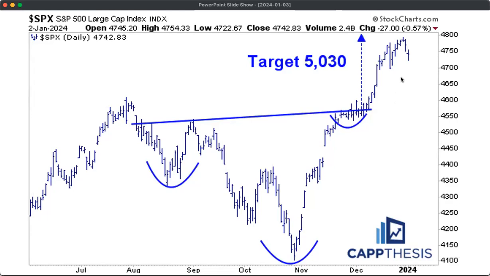Now, could that get violated pretty easily? Yes, we've seen big down moves occur very frequently, and that could easily be taken out. But as of right now, it is not. And so if we do see a pullback, say 4 or 5% from the high, it would take us down to around this zone. This is where the slight trading range was from December.